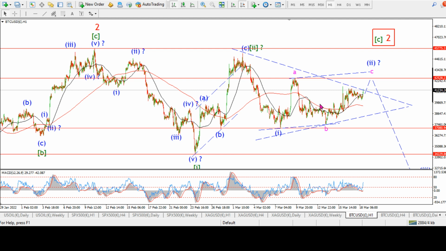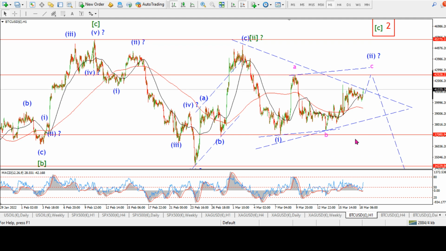It's quite hard to call right now. We do have 3 waves up into a possible wave 2, an impulsive looking decline. This could be a wave 1 and an ABC up in wave 2. If this is the case, then let's say base case scenario, we get a break of 42,600,